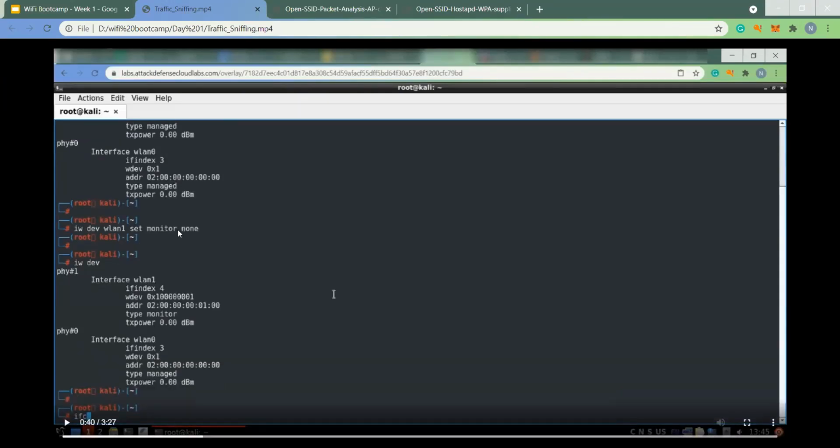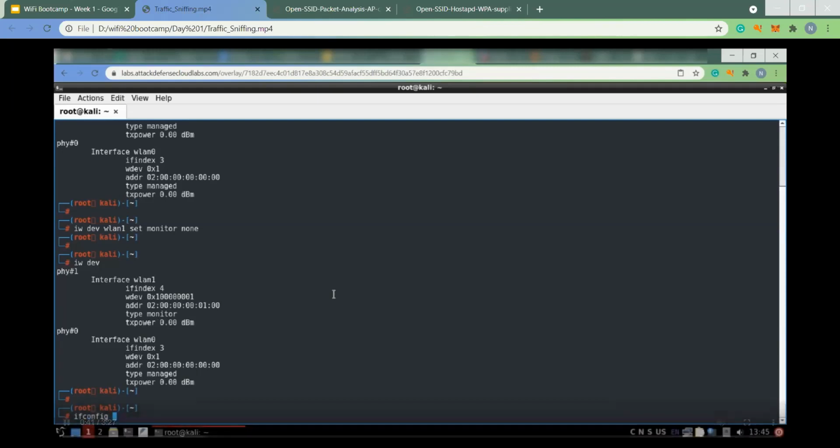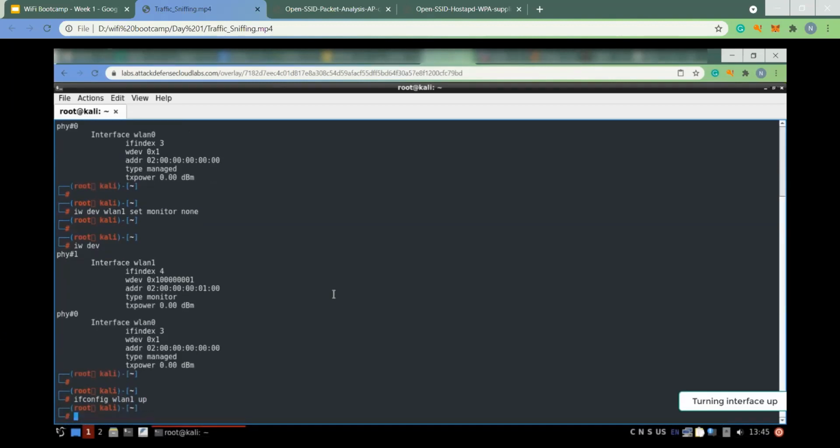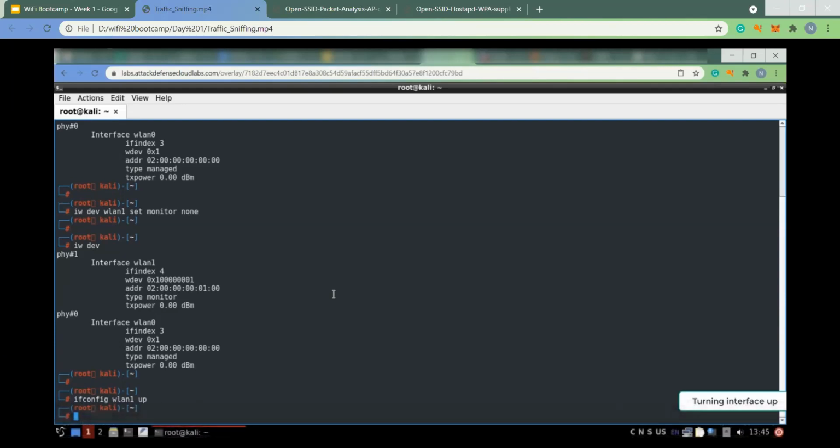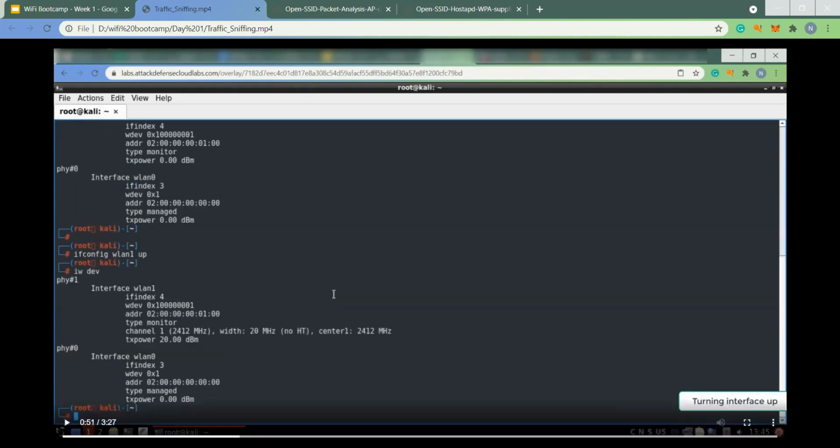So here we can observe that it was in managed mode before. Once we set it into monitor mode, the type changed to monitor, right? But still it's not up. So we have to turn this interface up by using ifconfig wlan1 up. We can do that. Once it is up, we can again list the devices, and what you will observe now